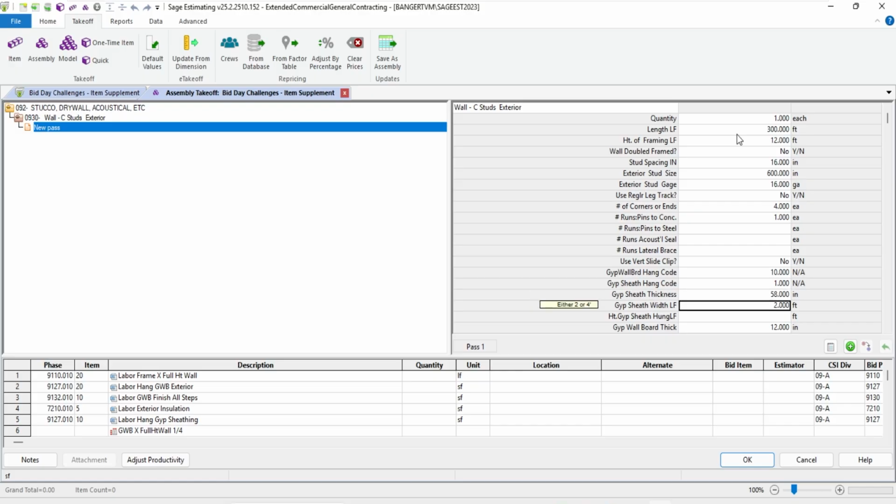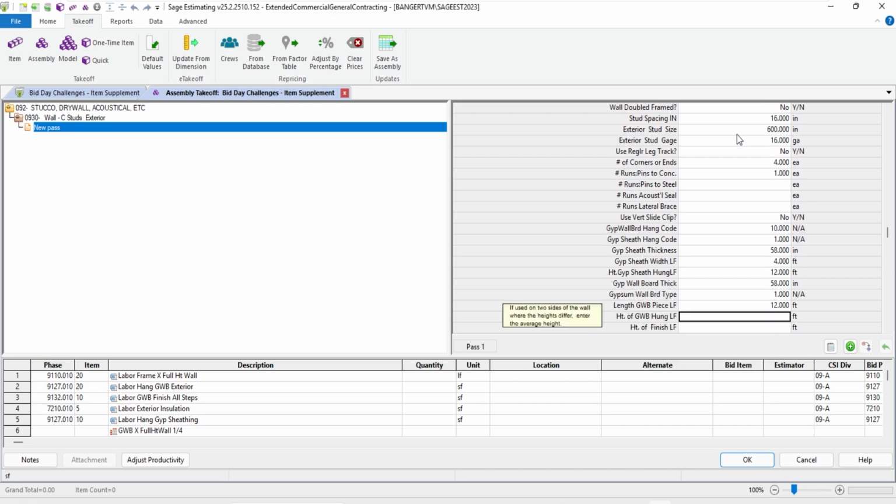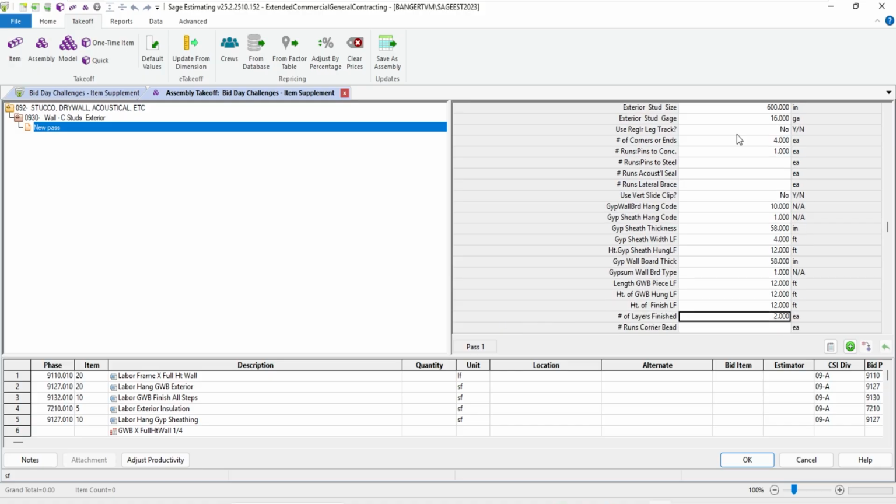Let's say it's going to be 5/8 material, and that's 4 foot wide, and I'm going to go up the full 12 foot. For my wallboard thickness, I'm going to say 5/8, just regular in this case, 12 foot. Going to height 12 foot and finish a full 12 foot.